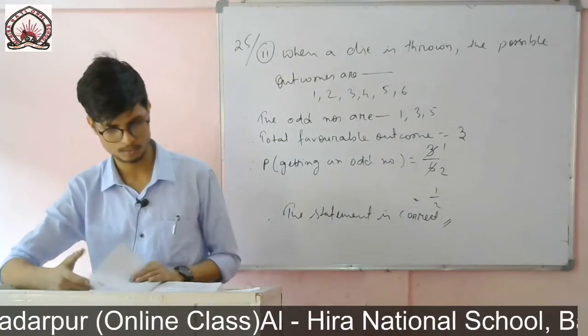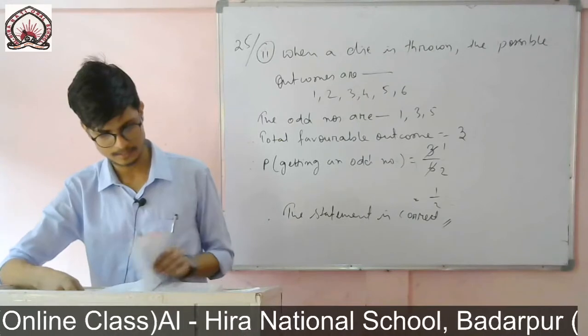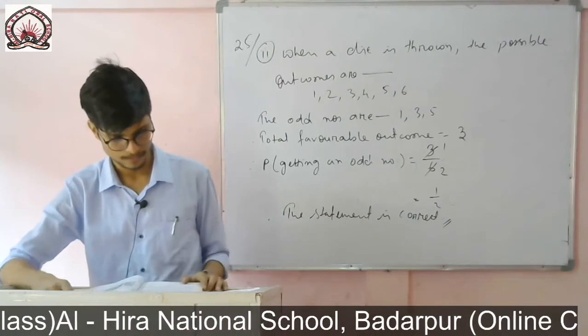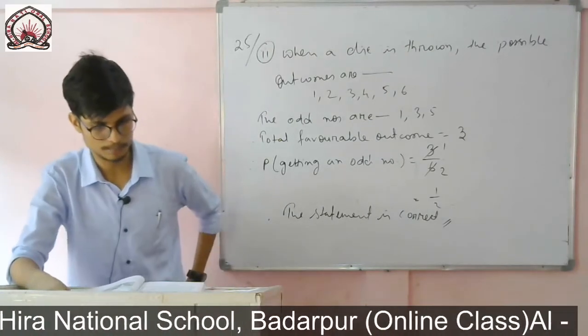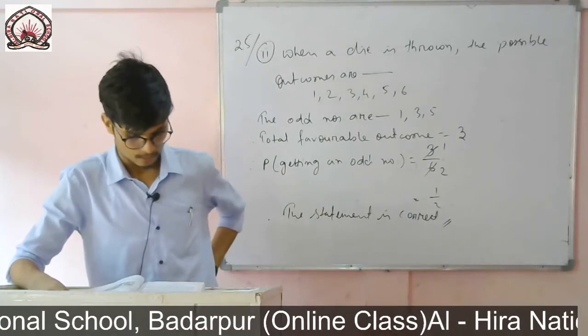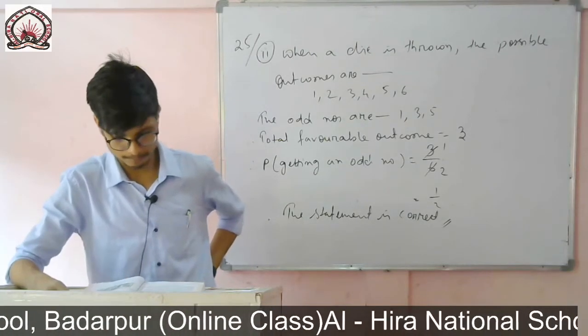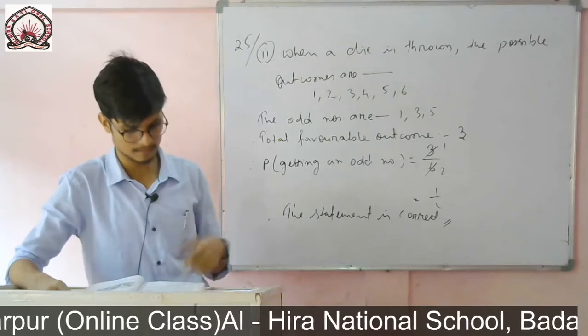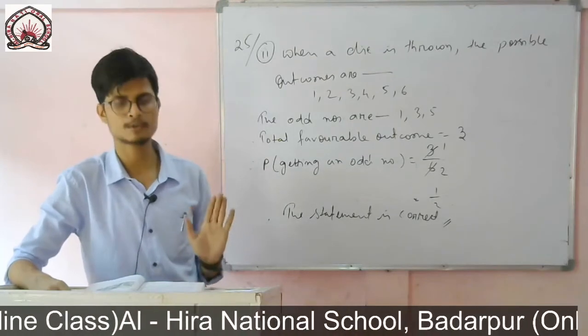So before going to exercise 15.2, let me just discuss the examples that were left from my last class. So example number 10, you see page number 304. In a musical chair game, the person playing the music, here also a star mark is given. That means not for the examination point of view.